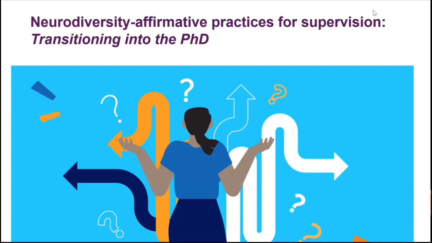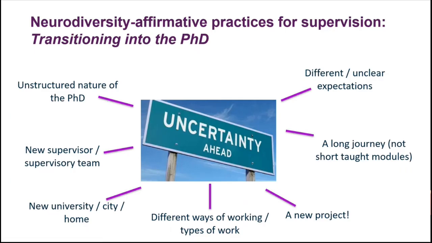And I would say, adding in here, what we've found when we've talked to neurodivergent PhD researchers is that international PhD researchers experience even greater challenges and uncertainty at the beginning of this PhD journey, especially if they've not completed their undergraduate or taught programs within the UK. So the more uncertainty, the more unfamiliarity we add into the story, the more this is going to specifically impact our neurodivergent PhD students.